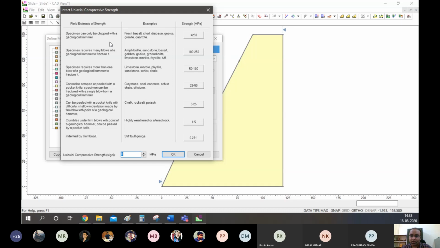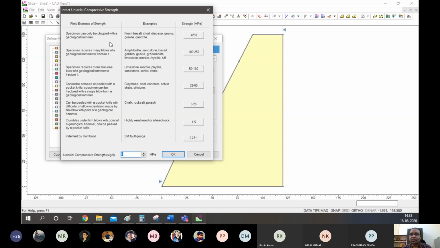When we see a rock, how do we decide how much strength it has? We first see how much it crumbles when we touch it, or we put our nail in and see how hard it is, or we knock it with a hammer and see how easily it fails and whether it has good strength.